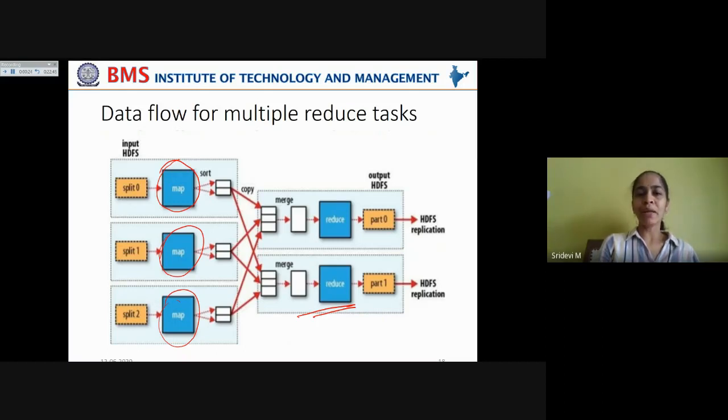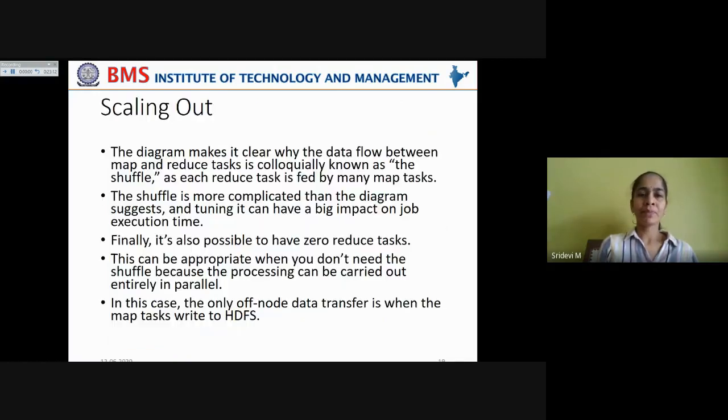So, the output of multiple map phases are merged into two inputs and given to these two reduce tasks, which will finally give their outputs and sent for HDFS replication at the end. Means each of these reduce outputs will have their replication as 3 in order to be stored on the file system on HDFS.